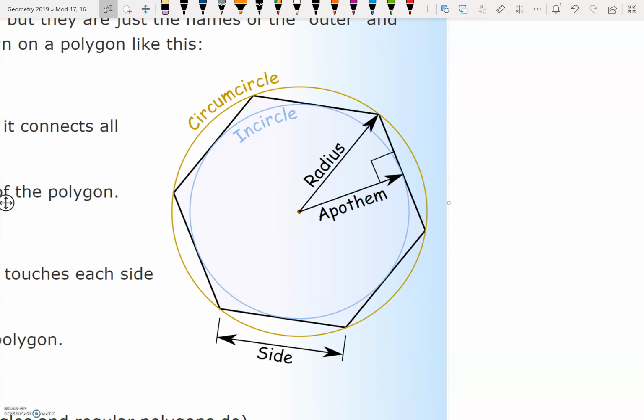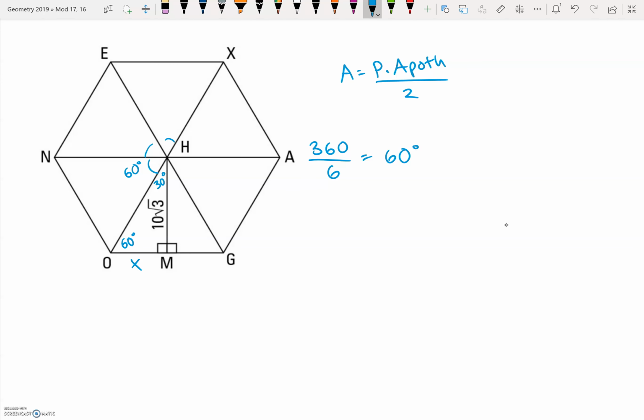So I want to figure out what x is. So I'm going to say, what trigonometric ratio relates 30, the opposite, and the adjacent? Hopefully you said tangent. So the tangent of 30, I could also do the tangent of 60, but I'm just going to do the 30 here. So the tangent of 30 is opposite, which is x, equal to x over 10 root 3. So if we type in the tangent of 30 into our calculators, making sure that our calculator is in degree mode, then we can do the tangent of 30, and we will get